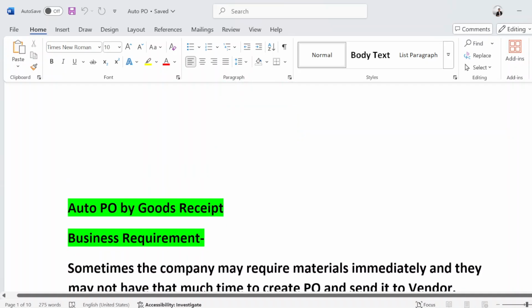So what is auto PO by goods receipt? That simply means the SAP system will automatically create a purchase order when we directly do the goods receipt. In which scenario do we do that?